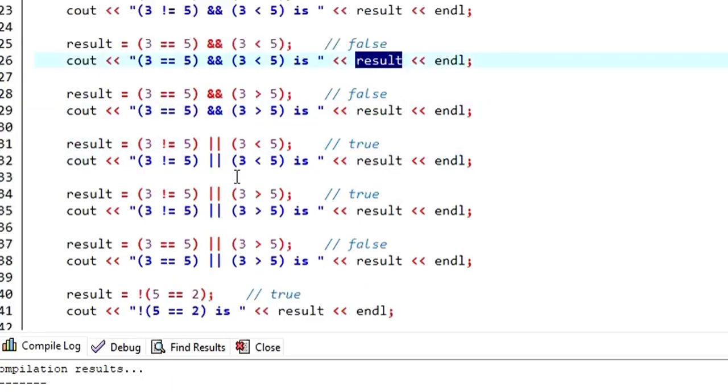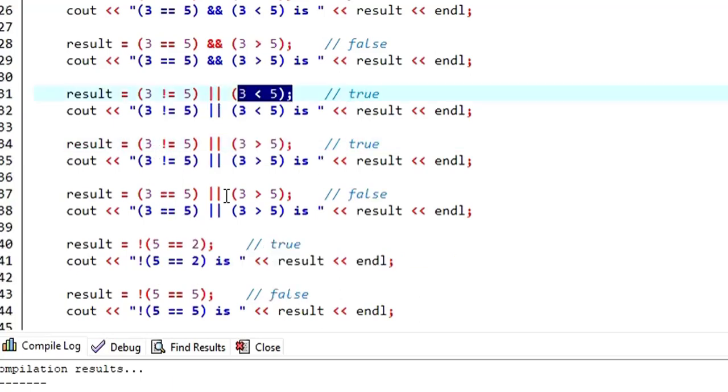The same applies here, but for the logical OR, it's okay if either one of the conditions is true. So in this case, this is false, this is true, but this one will return true, because for the logical OR, the truth table is that if either one of the conditions is true, it's going to return true. So this is how the logical OR works. There is a different example. I'm sure that you will be able to check.